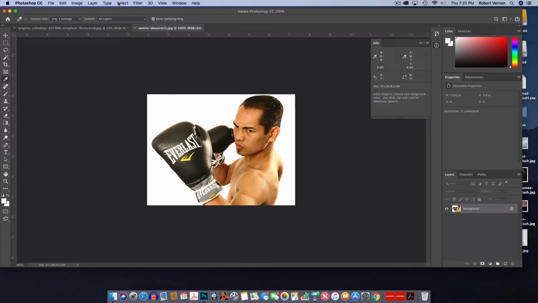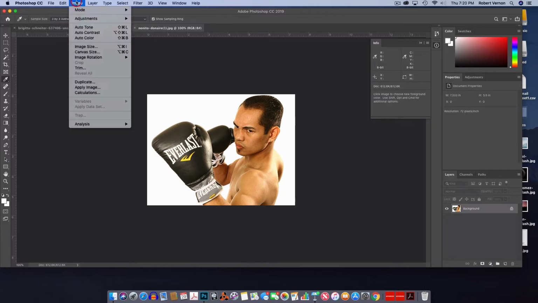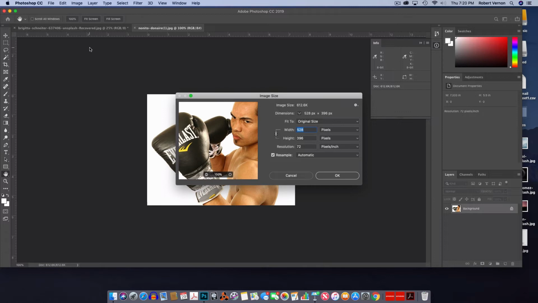Okay, so how do we tell how much resolution is in an image? Well, what I do is I open it in Photoshop. I go under Image, Image Size. And again, we got 528 by 396 pixels. You can see it right here and here. You can go change it to inches. Now, what I want you to realize is that